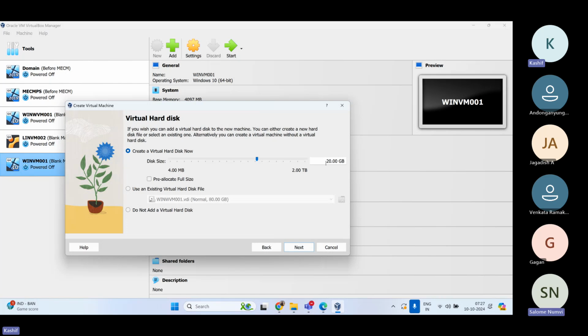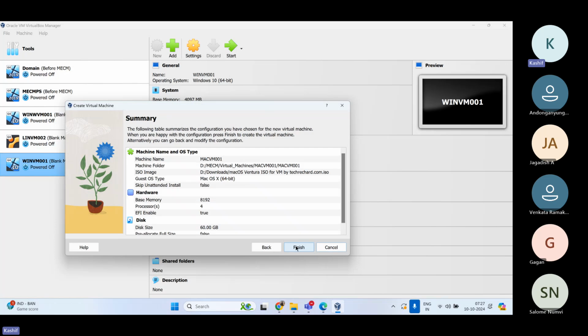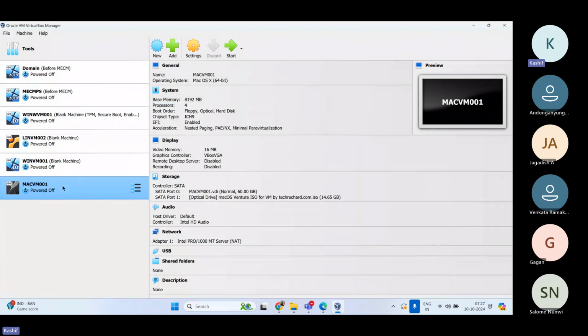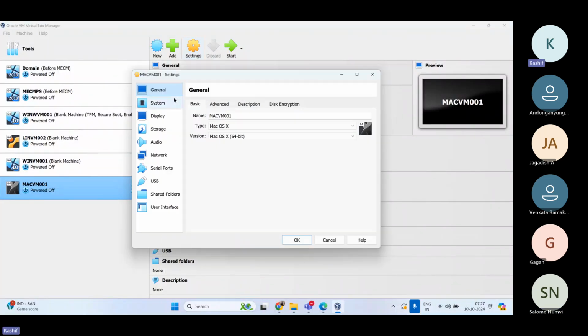Next, 80 gigabyte or 60 gigabyte. Let's give 60 gigabyte, okay? Next and finish. Okay, so this is how you set up the machine. You need to make some changes now. So you need to come to the settings and then